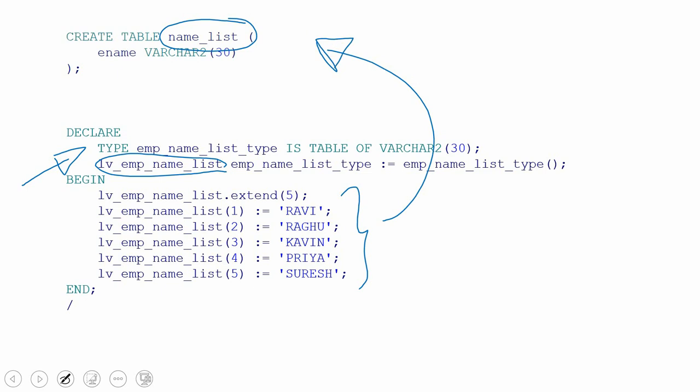So obviously we will be able to do it in two methods. One is using a FOR iteration. So we can iterate through this collection, read value by value, and then insert into this table. Another method is we can use the FORALL keyword. So using this bulk collection concept, we can read all this information from the collection and then insert into the table. First, let me show you the code for both FOR and FORALL. Then from there, we'll start understanding the difference between FOR and FORALL. Then we will see the advantages and limitations of the FORALL keyword.